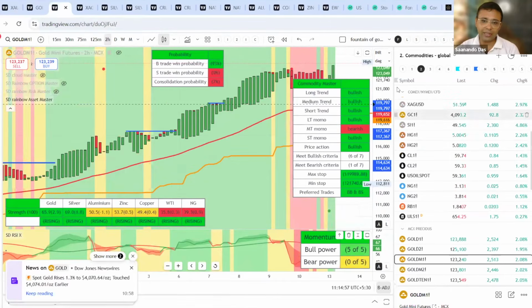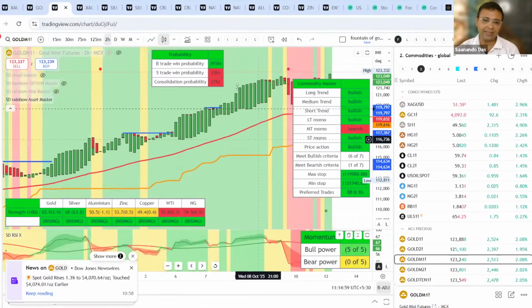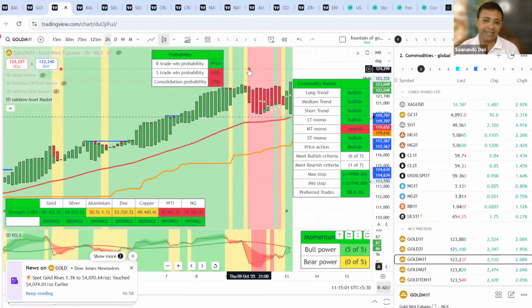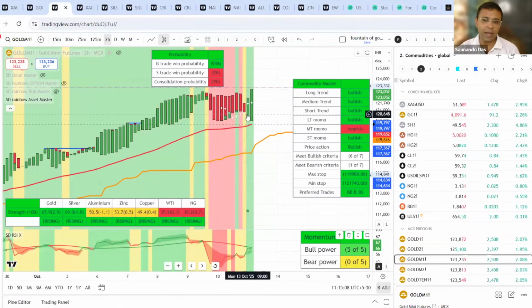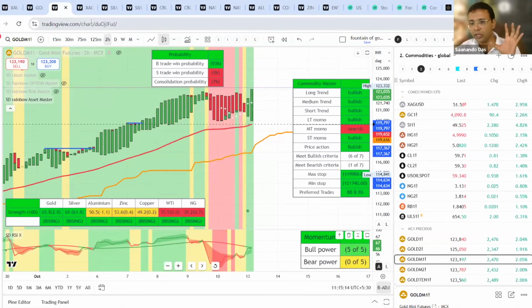Last week with this sell signal, I did some quick selling in gold. It did not yield much. Not much came from the selling. And now once again, the buying is back in the gold mini chart as well. So I remain broadly bullish on gold, but I'm becoming a bit nervous.